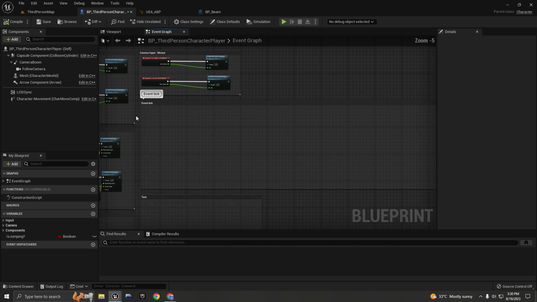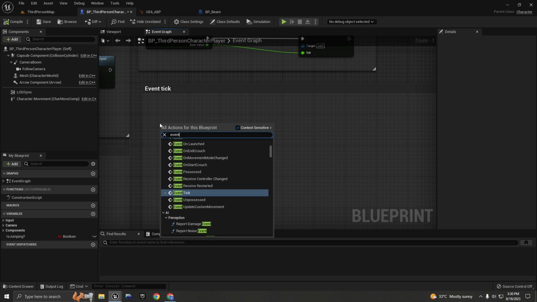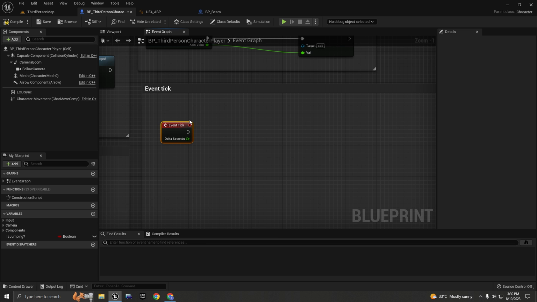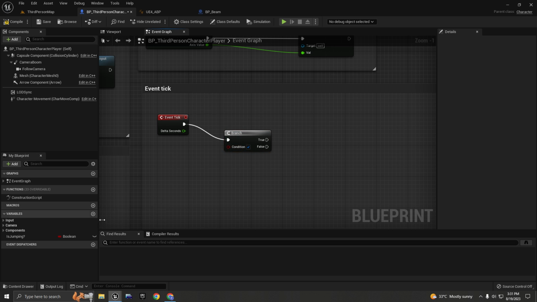Here let's create an event called event tick. This is an event that gets triggered every frame, so it's going to get executed 60 times in a second. Here on the event tick, we're going to get a branch, and let's actually first create two